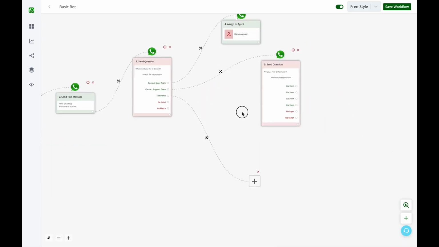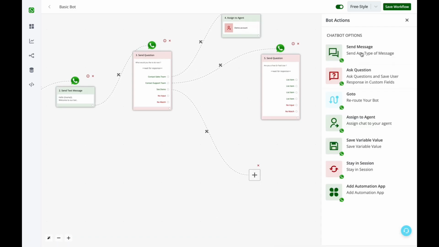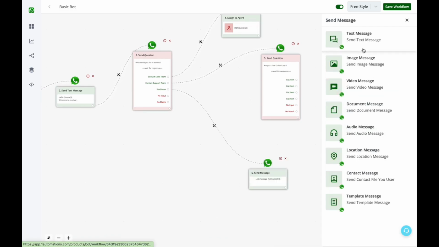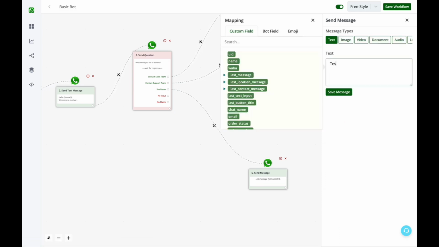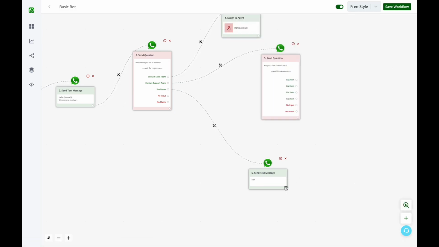Sorry, you can keep adding nodes ahead, and it can be send messages or ask a question. In case of send messages, you can send text, image, video, document, audio, location, contact, or template messages. And in case of ask a question block,